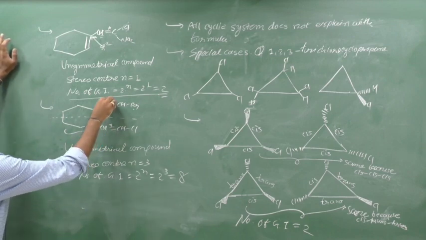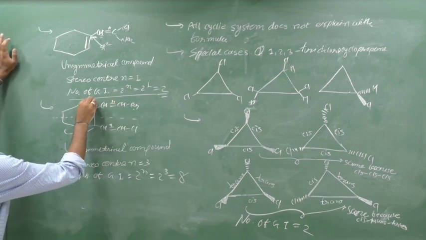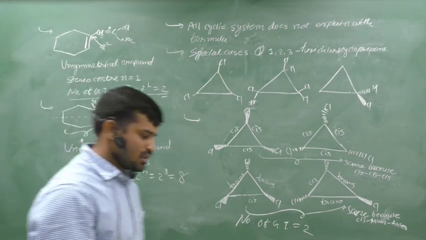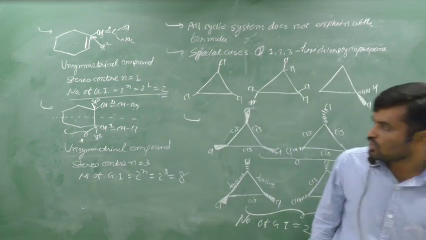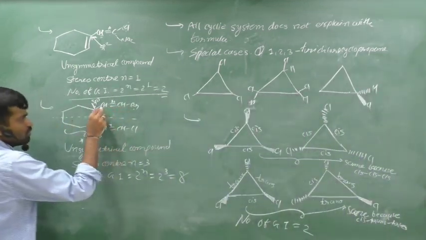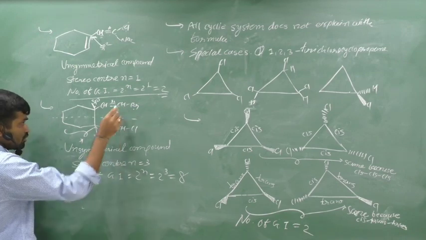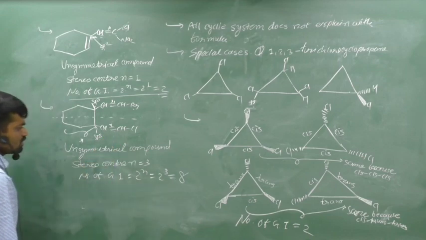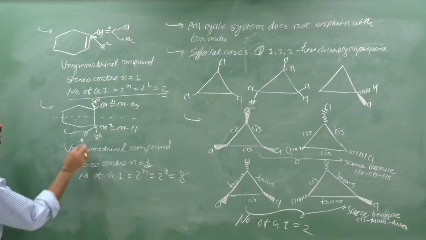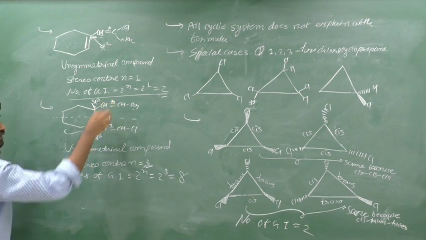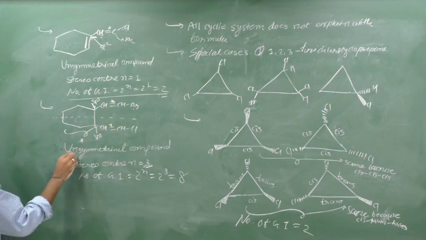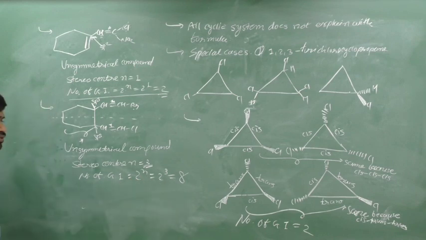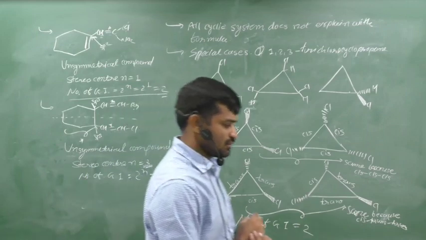Ring is a stereocenter because it is sp3 hybridized and it is also sp3 hybridized. Therefore, the ring shows the GI. Second stereocenter is here because pi bond and two different groups. Pi bond and two different groups because one is H and second one is Br. Pi bond and two different groups, therefore it shows the GI. Number of total stereocenter is 3. One is ring, 2 and 3. Therefore, number of stereocenter is equal to 3. Unsymmetrical માટે formula છે, number of GI is equal to 2 raised to n, is equal to 2 raised to 3, is equal to 8.